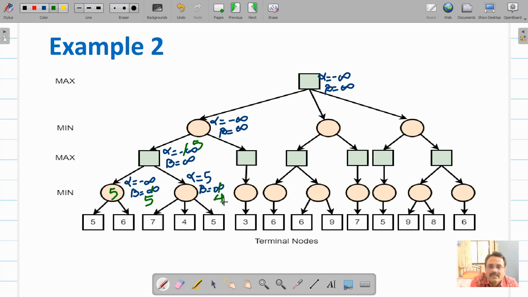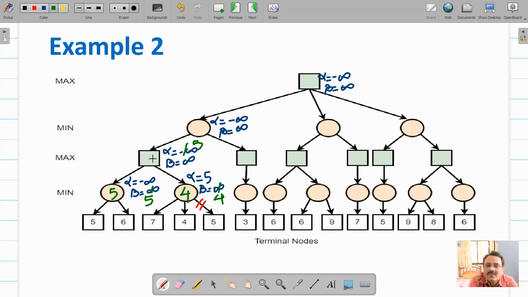Alpha is greater than beta, or this beta value is less than alpha, so pruning will take place and you need not explore further, and therefore this branch will be pruned. So the value associated with this node will be 4, minimum of 7 and 4, that is 4.